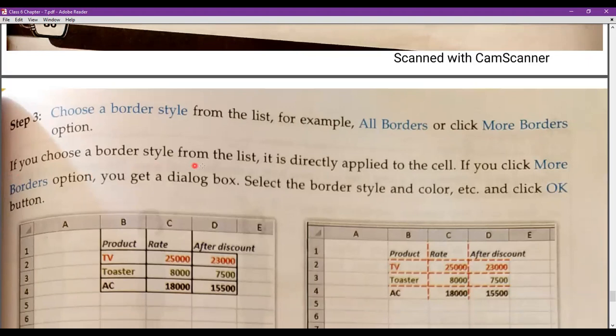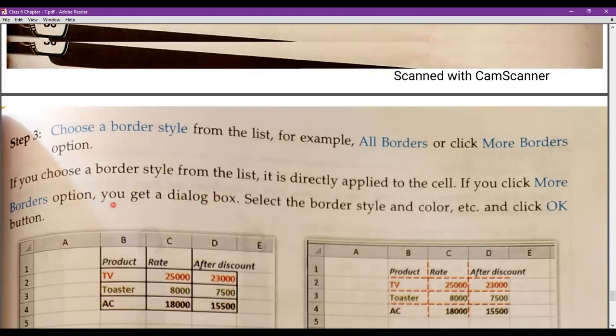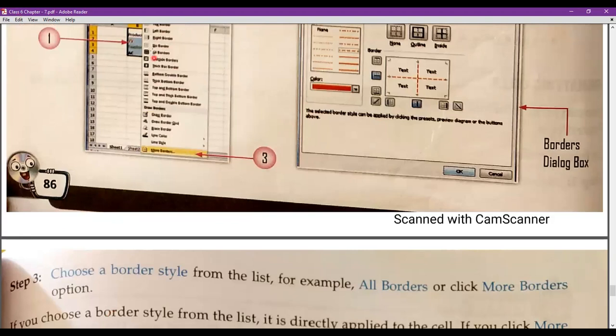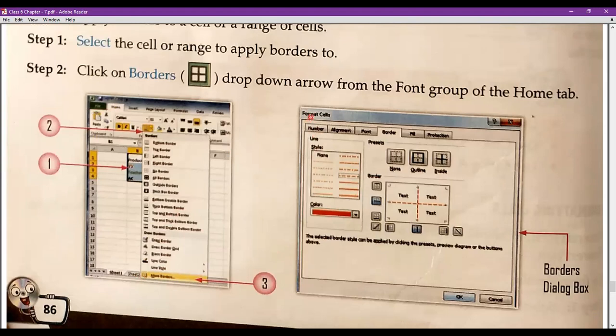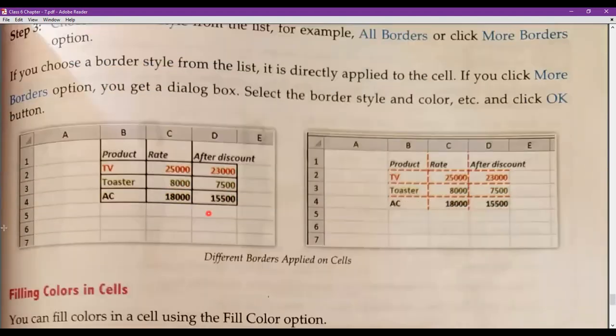If you choose a border style from the list, it is directly applied to the cells, and if you click More Borders options, you get a dialog box. If we select this More Borders option, we can also enhance and format it, such as whether we want to display the text on the right side or the left side. So these are the none, outline, and the highlighted borders.